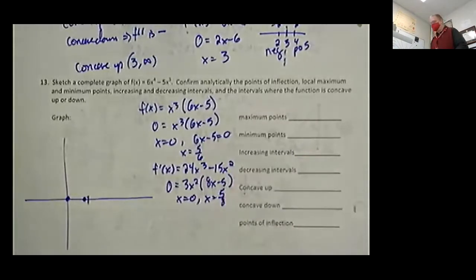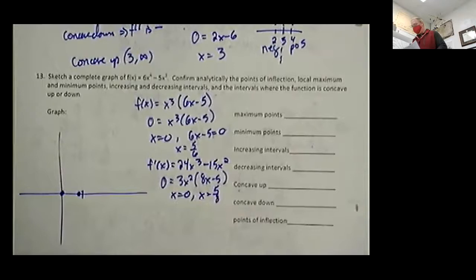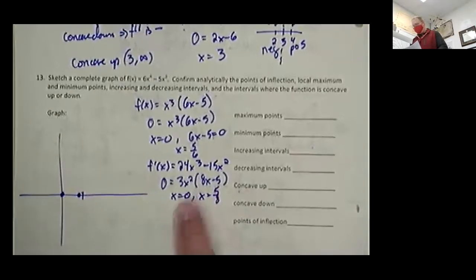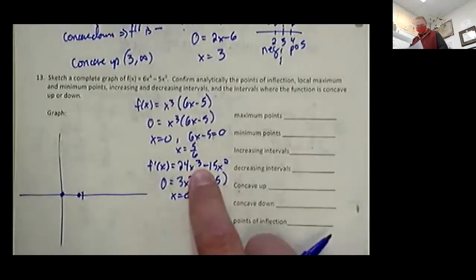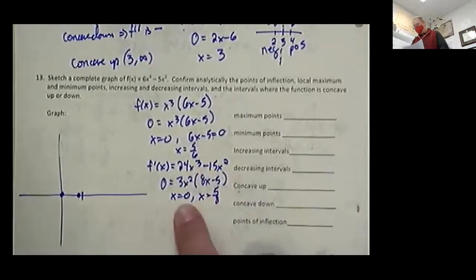And what does the first derivative find? That finds our maxes and mins. So these have to be maxes and mins. To figure out if they are a max or a min, we can plug back into the first derivative. We can also look at the sign changes to see what they are. But if we plug in